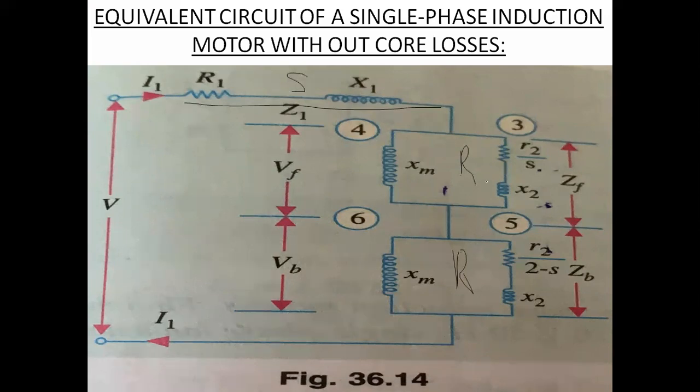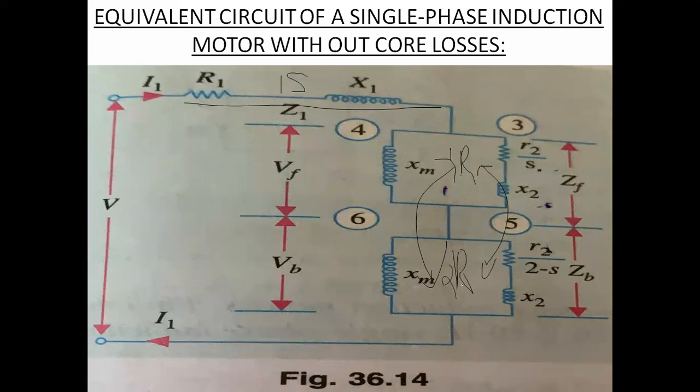You will see that these rotors are revolving in opposite directions. So the equivalent circuit is based upon the double field revolving theory. I have drawn this equivalent circuit depending upon the double field revolving theory. Here we take the single phase motor to be made up of one stator winding and two imaginary rotors, 1 and 2.